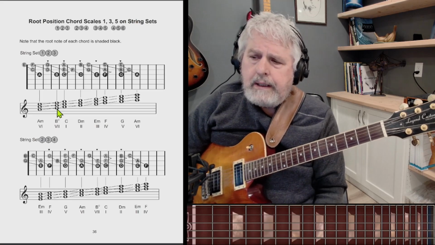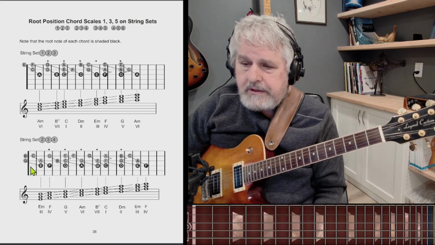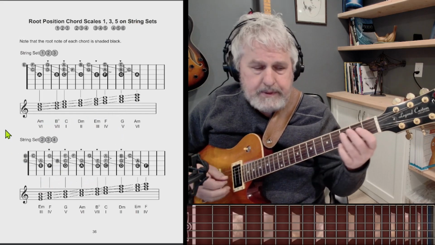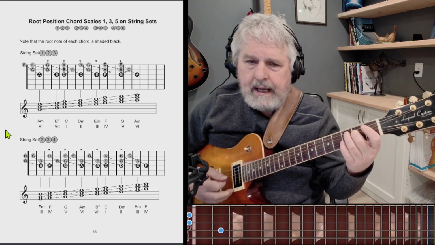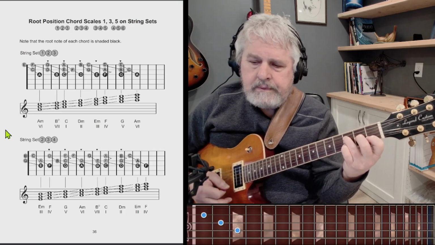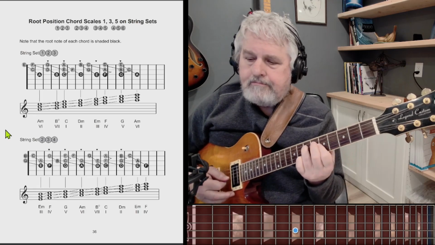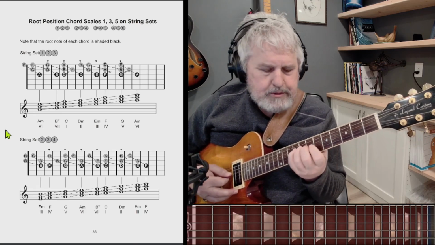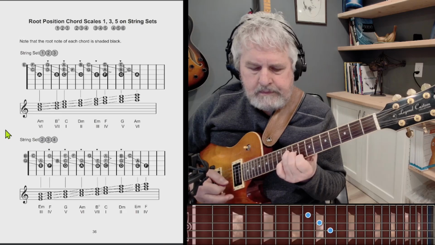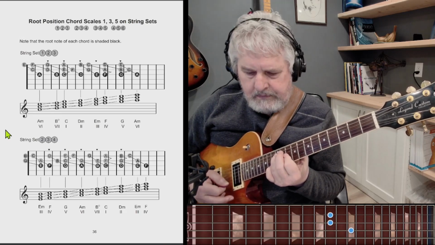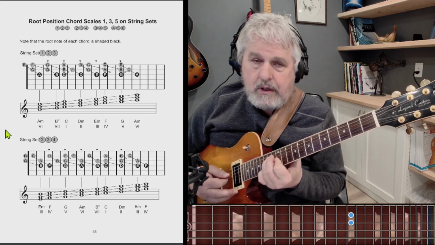Okay. Now that we've got those chords on the first string set, we're going to move to string set 2, which is at the bottom of the page. And here we have E minor, F major, G major, A minor, B diminished, C major, D minor, E minor, an octave higher from where we started, and then E minor,